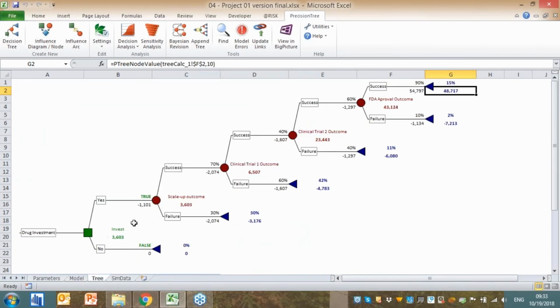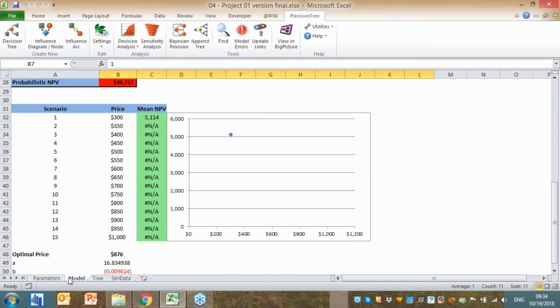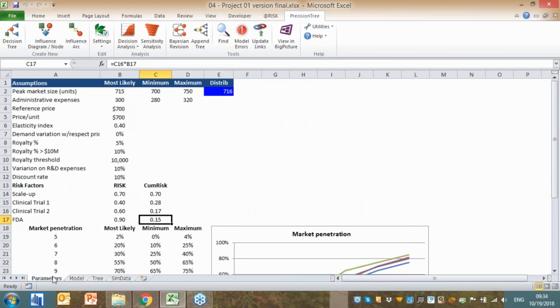Now, as you can see, these blue numbers that I have over here at the end of each one of the branches are going to be calculated. This is the virtue of the software, to calculate these probabilities and expected ending values, these blue values and probabilities at the end of each one of these branches as a model. I've taken all these blue numbers at the end of my branches and summarized them on my model feature right around,